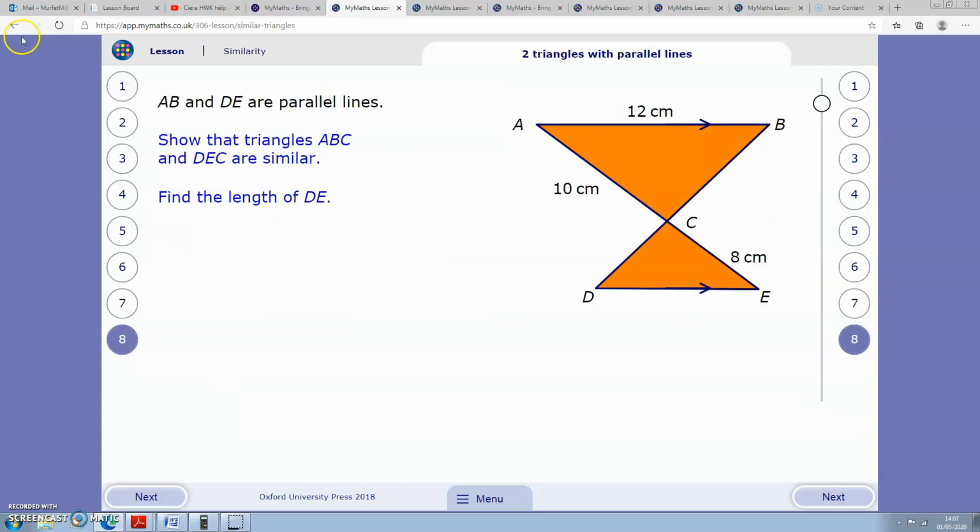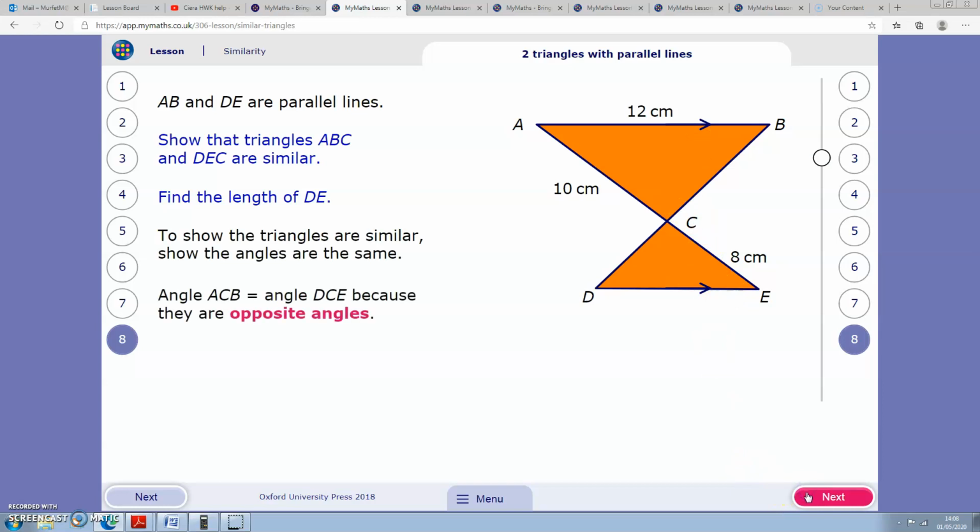Okay, see if we've got time to do this in the last minute. So we're going to show that ABC and DEC are similar. Find the length of DE, so this one here. These are opposite angles, so that's got to be the same. So thinking about which way the sides go,